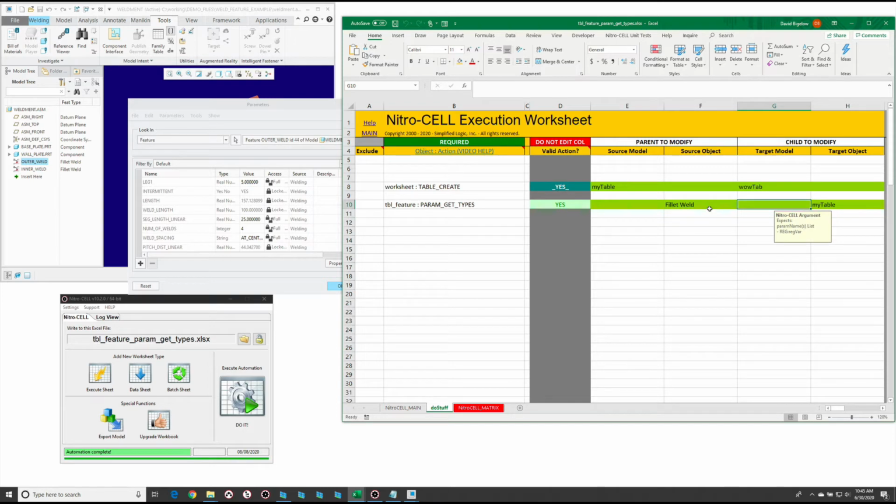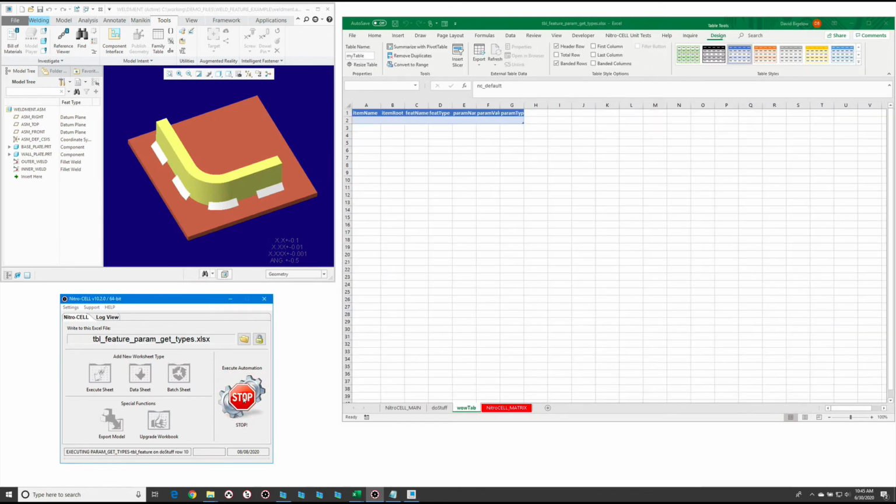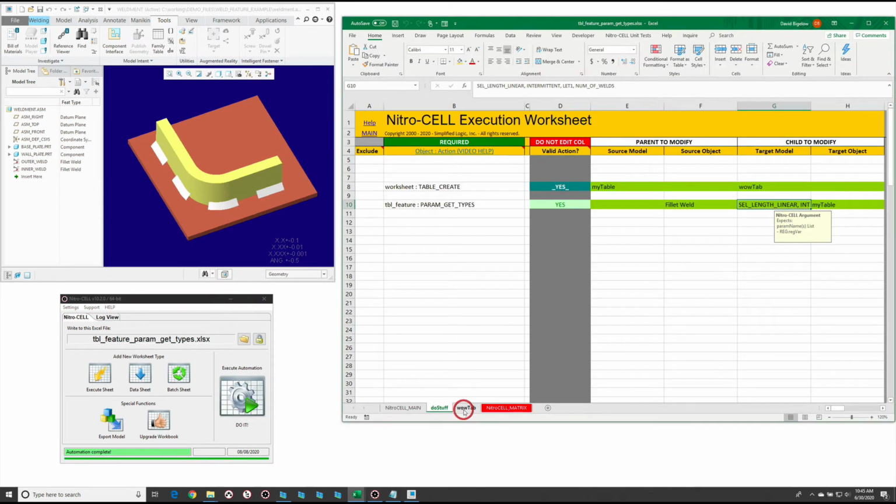And we could also enter in, let's say, some of the parameters that we're interested in. So let's say seg length linear, intermittent, leg 1, and let's also add in, let's say, num of welds. So I'm just adding a comma-separated list of parameters in there that we're interested in. I'm going to close this here, and then when we run this, you'll notice that it created that tab, and